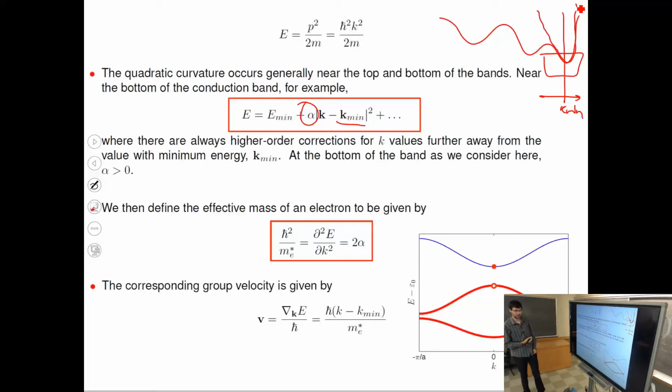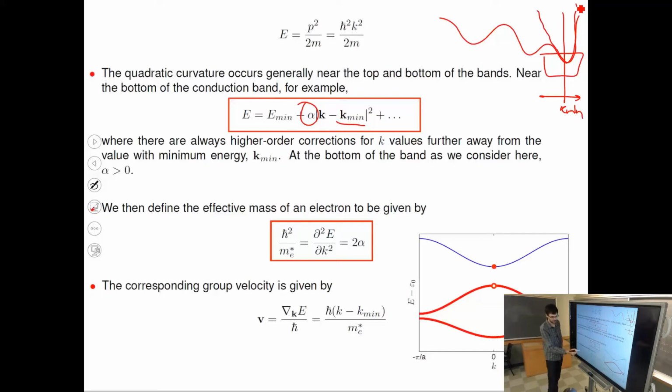Now, so that's for the mass. We can also define the speed of this particle. So always remember in the back of your mind that these are actually Bloch waves that live in bands. However, we can think of them as wave packets that travel. You can track the maximum of a wave packet as it travels through space. And then we can define group velocity, which will tell us how fast the wave packet is traveling through space, and that will be how fast this particle is moving.